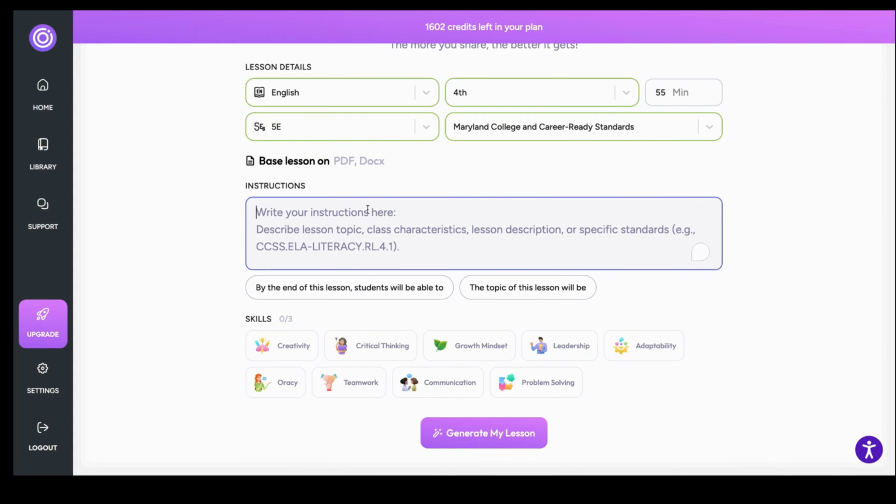If not, simply hop into the instruction box where you can provide learning objectives, more details about your classroom and your students, or simply write the topic you want the lesson to be based on. Radius is a no prompt solution, so no need for elaborate prompts. You can really just provide us with the topic and any additional information you want us to consider when generating